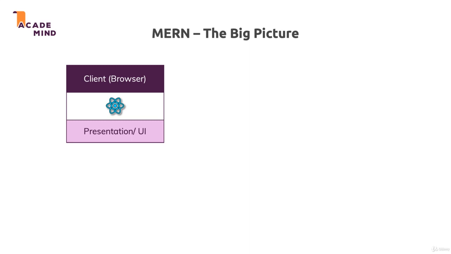But of course, if we only work with React, we have some limitations. Most importantly, we're not really able to execute any logic on a server. So in a place where users can't see our code, they can see it in the browser. Anyone can use the browser DevTools to look into our code. And in addition to running code the user can't see or running more performance-intensive tasks, which we also don't want to do in the browser,